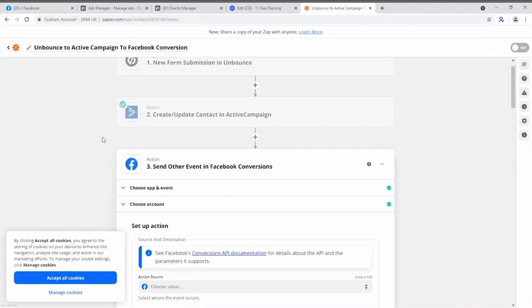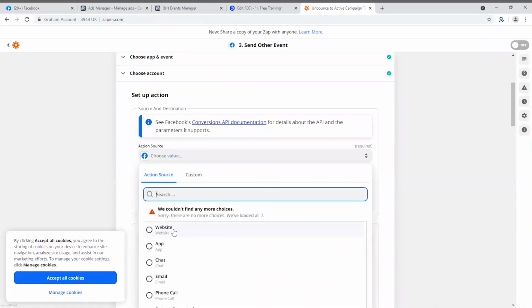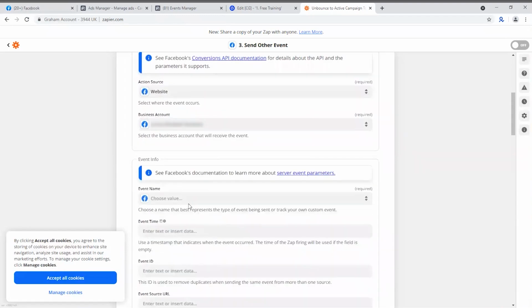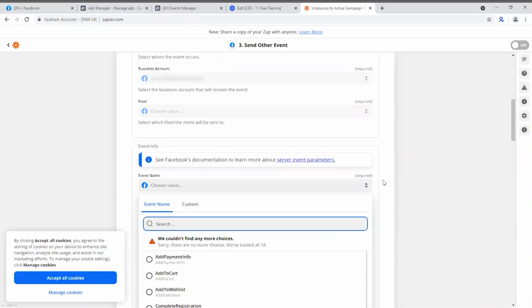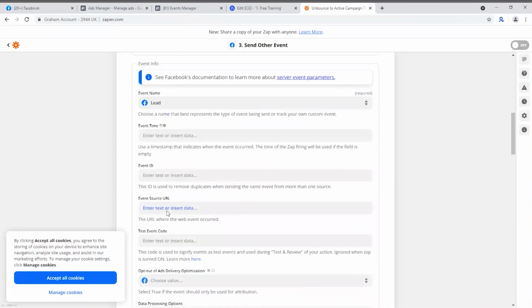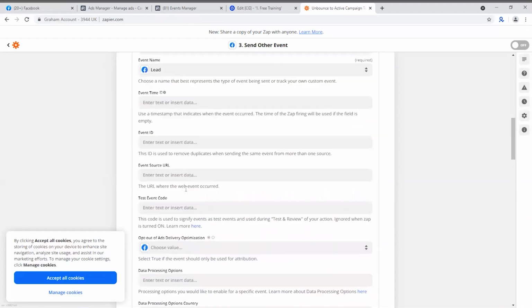Anyway, obviously connect your Facebook account as well. And the action source would be website. And then you want to select your business account. And then you want to choose the event name. You pop that on there. I just want to check that something's coming up. Yeah, perfect. So I'm just going to show you why I do